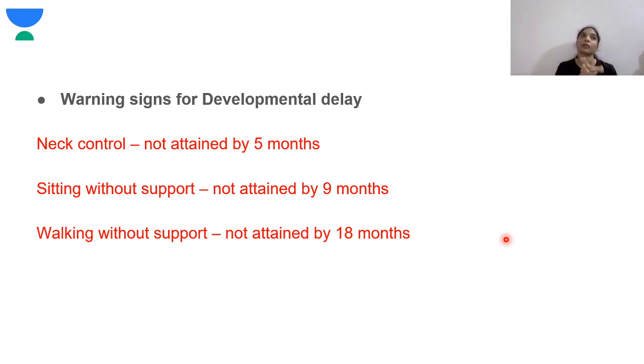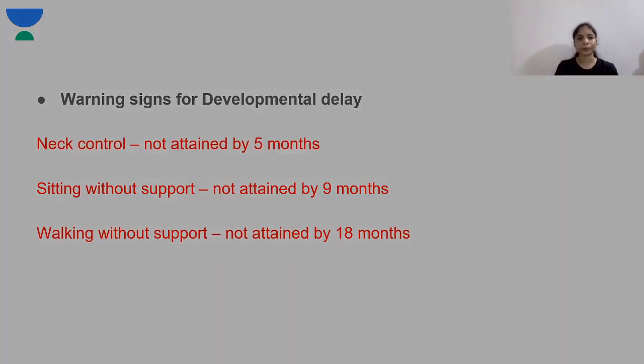What are the warning signs? Again here, what is true, what is false might come. So keep this in mind. This looks very confusing. That's why developmental milestones are important. They can ask direct questions or they can ask in a roundabout way, like, here they might show five developmental milestones and ask what is false, what is true. That gets a little confusing. So that is why we need to become very firm. That's the reason I will start once in 3-4 classes, I will keep asking you something or the other about developmental milestones so that you all remember.